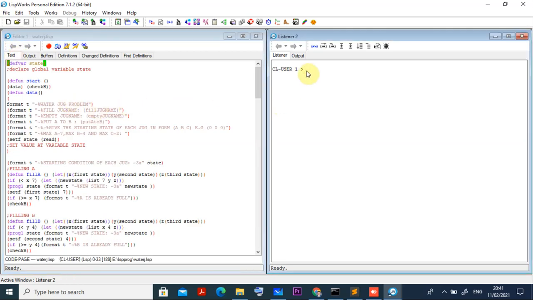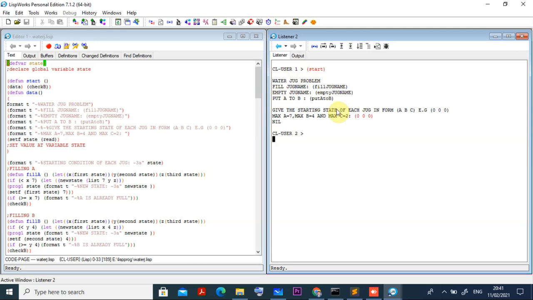So initially I am going for starting this thing. So st lowercase, caps lock start. Okay, so I put it here. So this program has started, the water jug problem, and the fill jug, all things there. Suppose initially it is 0 0 0. So I put all the things and log it here. Anyway, I will be explaining all the things, because I just started this program, it is running, and I initialize the thing. Initially it is 0 0 0. So there I have taken 2 jug problem, here I have taken 3 jug problem. Okay, the difference is there.